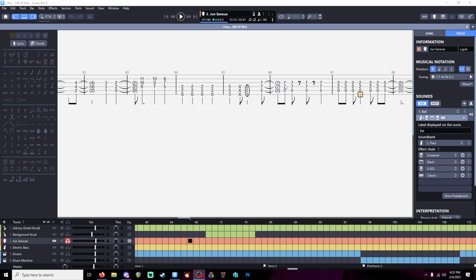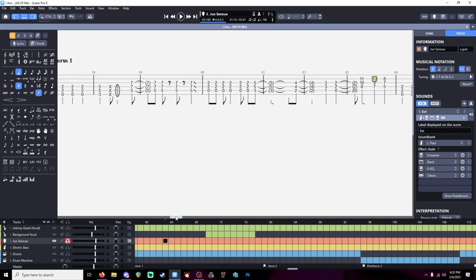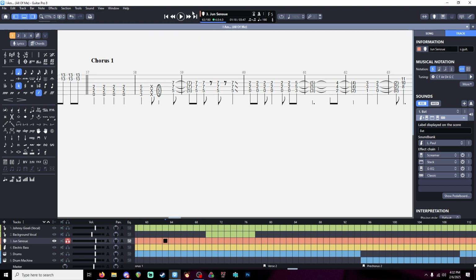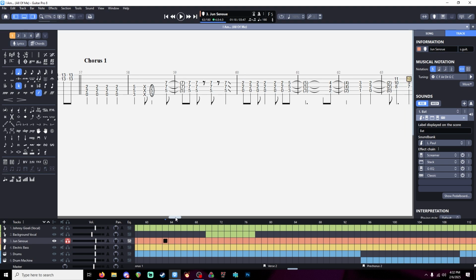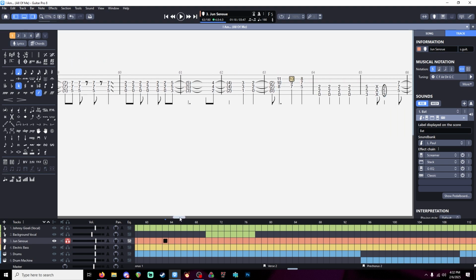Today I'm going to show you how not to completely suck at notating rhythms in tablature. I have this tab here that I've been working on for a long time for I Am All Me by the band Crush 40. And in this course are some rhythm notation, not mistakes, but things that are a little hard to read at first glance.